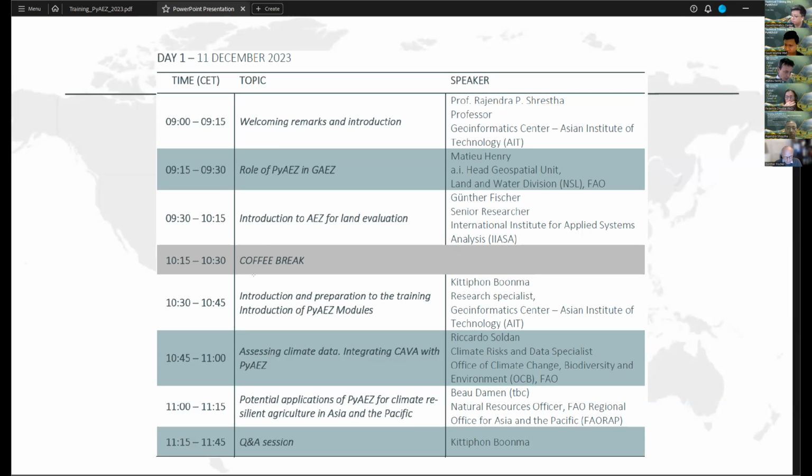And then we're followed by a coffee break, and then I will introduce you a bit to the format of the training, as well as a quick introduction to the PyAEZ modules. Then we have our colleague also from the FAO, Ricardo, who was part of the team who developed this tool called Cover Analytics, which made climate data more easily accessible. We're looking to link that with PyAEZ in the future.